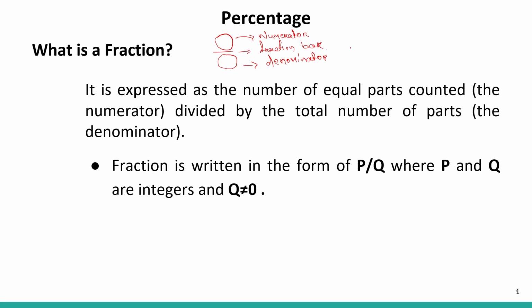So let's say you have a whole, and you divide it into equal parts. Let's take the pizza example again. You have a pizza and you divide it 1, 2, 3, 4, into 4 equal parts. Just remember a note: the number that is filled here in the denominator represents that the whole is divided into that many equal parts. So if I say 4 here, the pizza, or the whole, is divided into